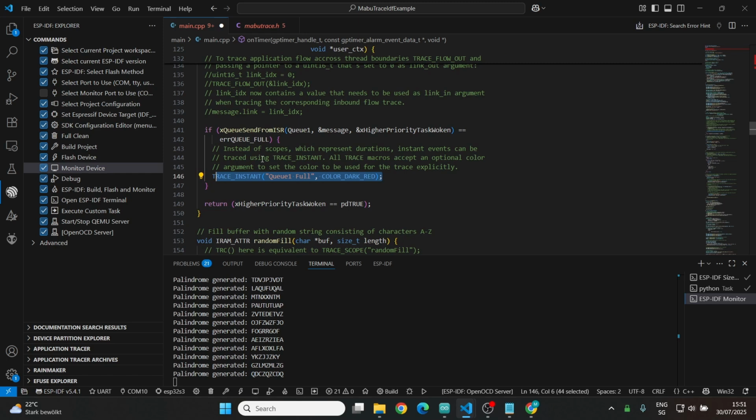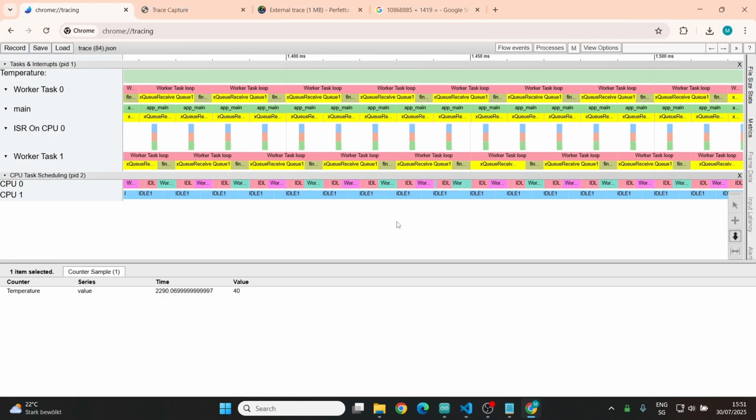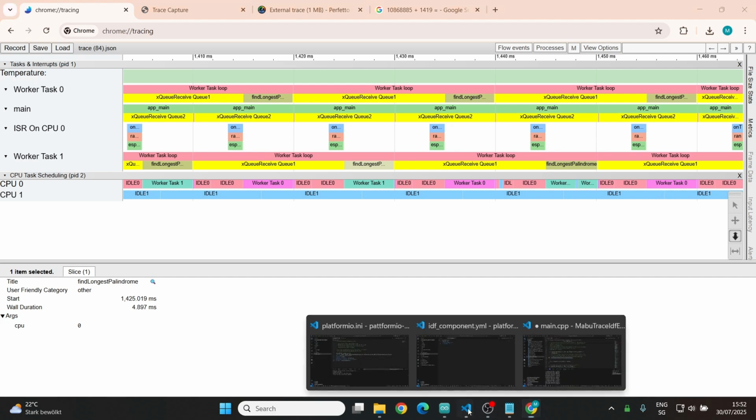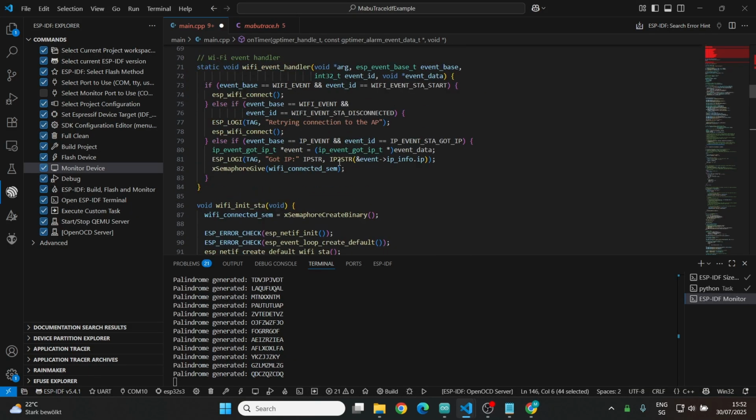So as you can see here, we run these two tasks that process the messages generated in the interrupt, and they're fast enough to keep up with this 10 millisecond interrupt. So actually, whenever the interrupt is finished, the queue always has space. But if we increase the length of this message buffer,